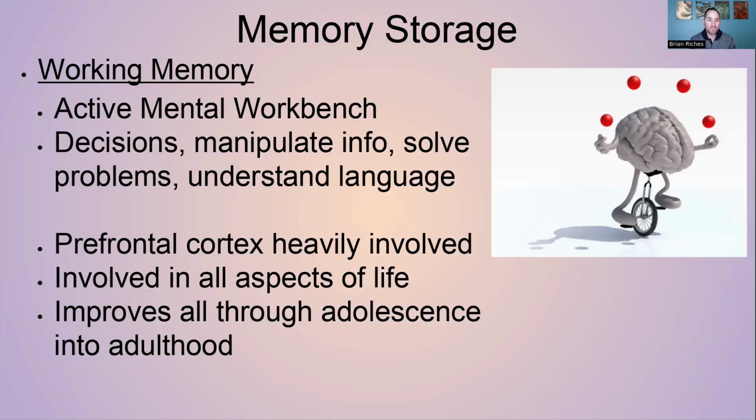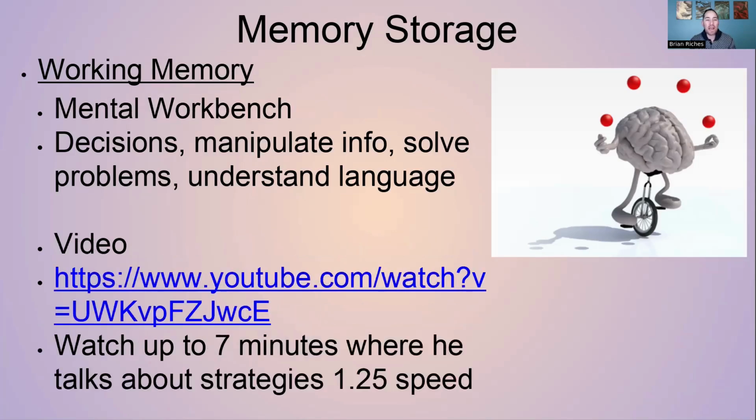our working memory. So I often try to think of this visually as the table the Inside Out characters are at. They are making decisions, they're manipulating information, they're calling up long-term memories and trying to decide what to do. So your decisions, your understanding of language, solving of problems, setting of goals, all of this is happening in connection with your prefrontal cortex, and this capacity for working memory improves through adolescence and into adulthood. So anytime you are actively doing something, actively manipulating information,